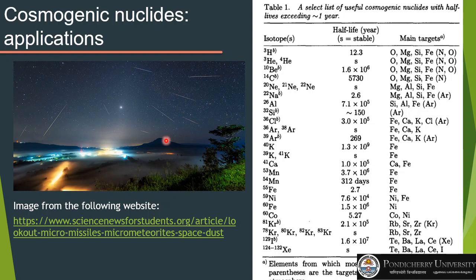So just by measuring the abundance of cosmic nuclides on such meteorites and assuming that they are decaying from the saturation level, so that becomes the initial activity of the cosmic nuclides, one can find out the terrestrial age. That means for how many years or for what time it was lying on the surface of the earth, before it was found by somebody as a meteorite. So there are many interesting applications.